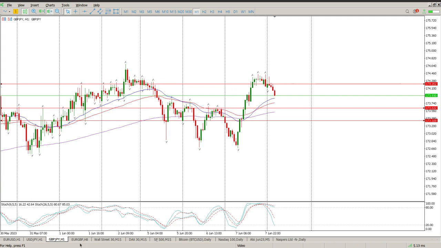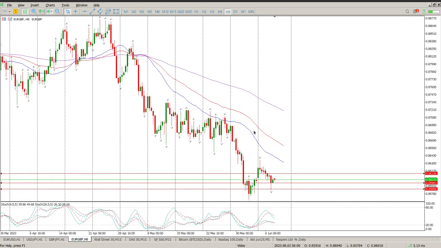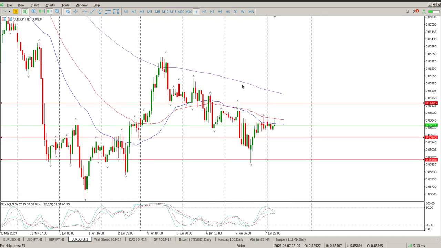Okay, moving on. Let's get to the Euro British pound. And nothing really going on here. We do have a strong weekly breakout here, but we have just drifted lower. Nothing really to write home about. Look at yesterday, kind of all over the place. We were looking for a rejection off here at 0.86126. We got it, and we were looking to target this zone here at 0.85858, and we got that as well. A little bit messy, but we got there eventually. So that trade played out,